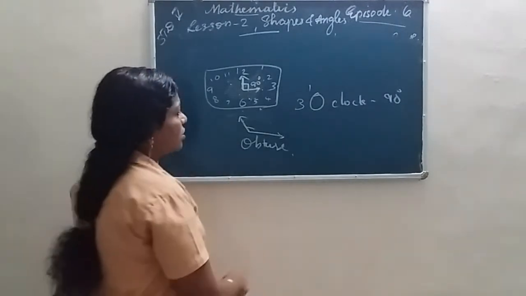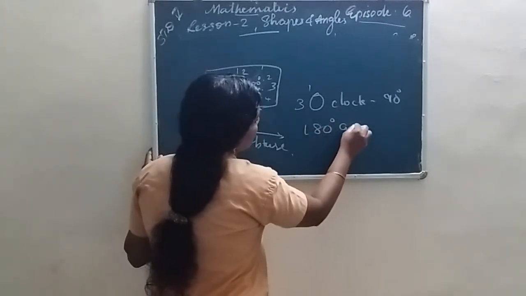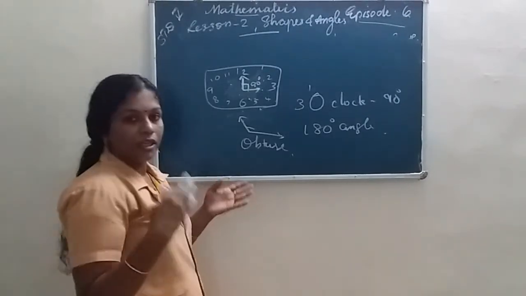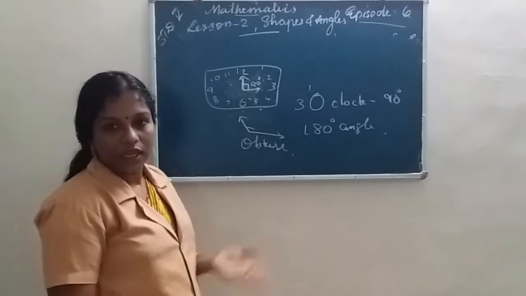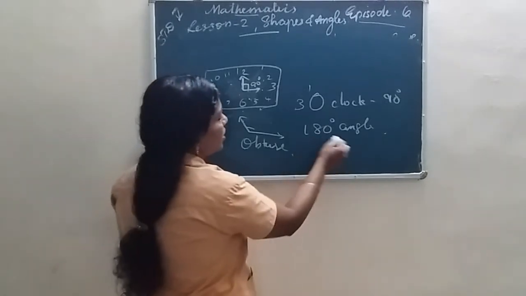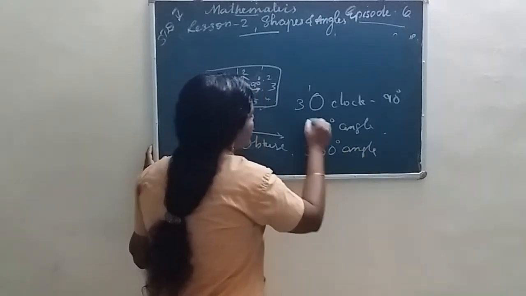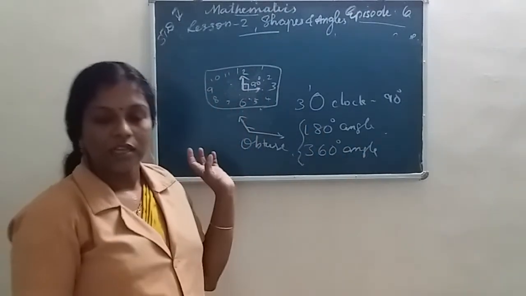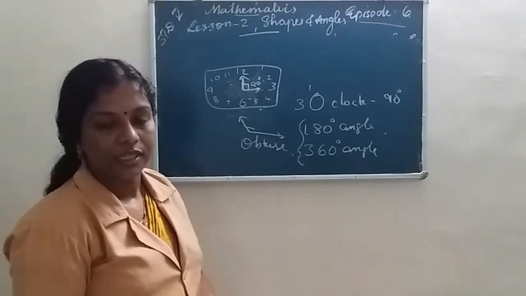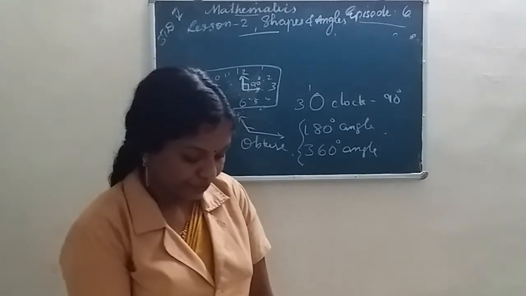Okay. And another question is, you want to find out a 180 degree angle. Is there any 180 degree angle? We already know that there are many acute angles and obtuse angles. Is there a 180 degree and 360 degree angle? You want to find out and WhatsApp me. These questions are not in your text. I will give them to you to check your intelligence.